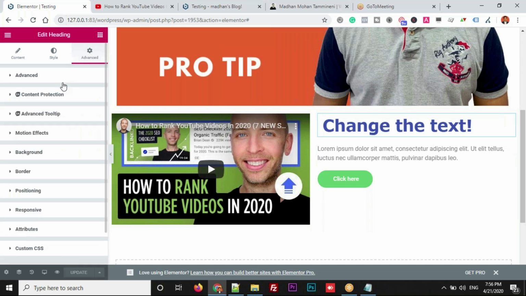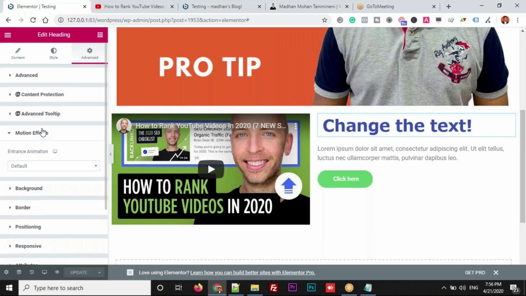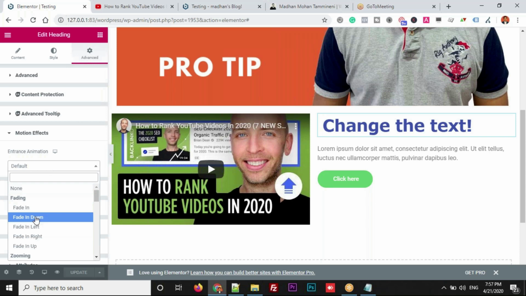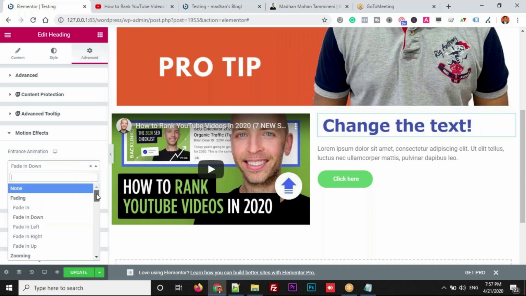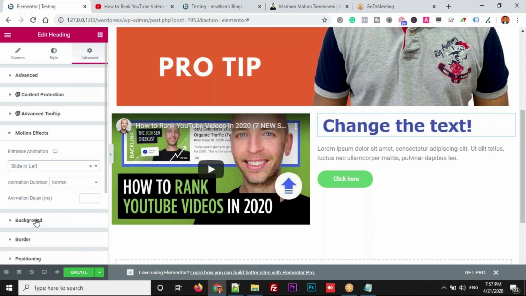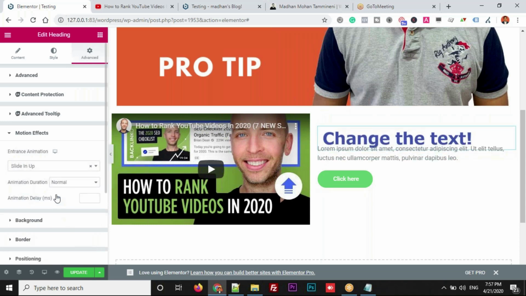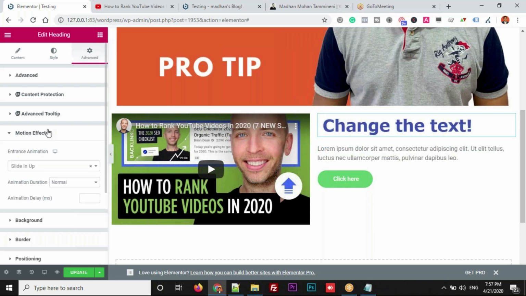Okay, now let's go to motion effects. This is animations. You'll see that while you are scrolling down, text will be coming from the right, from the bottom, and all that. Animations also you can add. There are default animations available. Just click on something, see the text is coming from the top. You scroll down, sliding options also from the right, up, bottom like this. So these are effects, and you can even control how quickly they move.